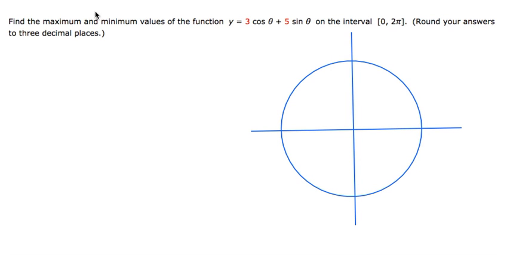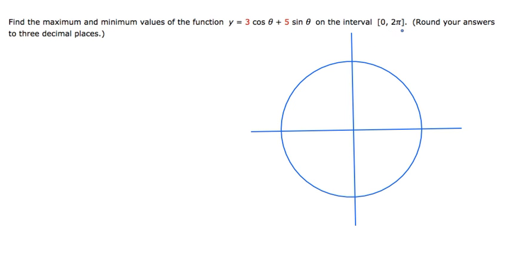In this problem, we want to find the maximum and minimum values of the function y equals 3 cosine theta plus 5 sine theta on the interval from 0 to 2 pi. So we want to find the maximum and the minimum value. This is a closed interval, which means the max or min may occur either at the critical values or at